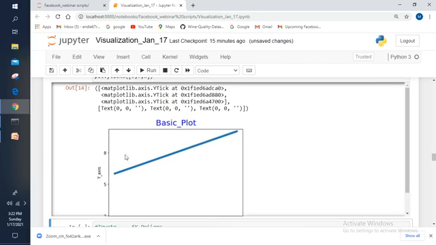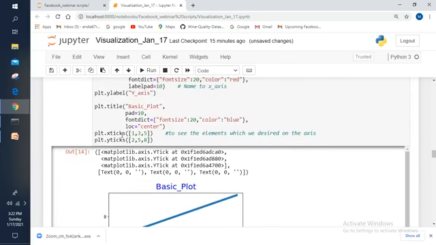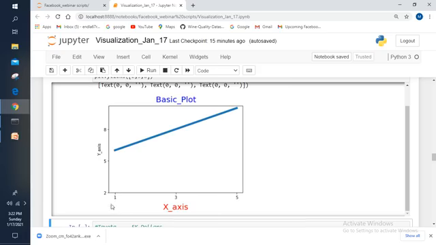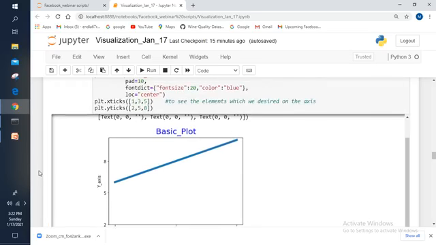See, whatever values you specified within these xticks and yticks, the plot is represented with those values itself. Here on the x-axis I have taken the values as 1, 3, 5, and on the y-axis I have taken the values as 2, 5, 8. Whatever values you have taken within the xticks, with those values the plot will be represented.